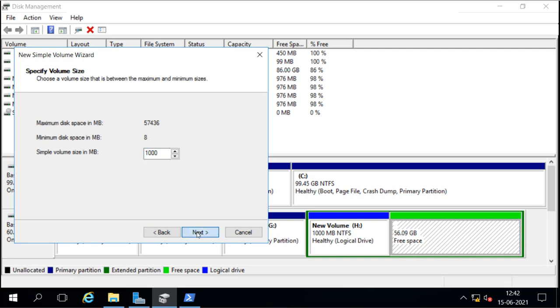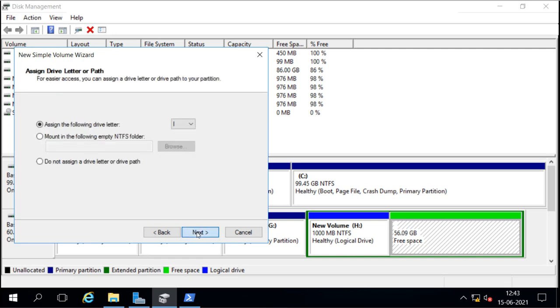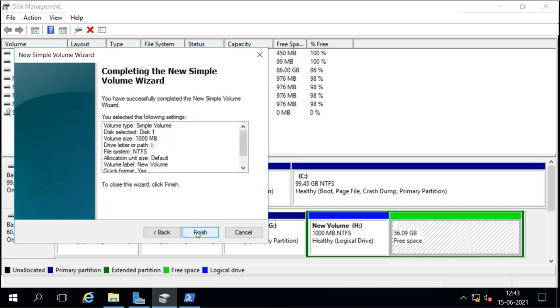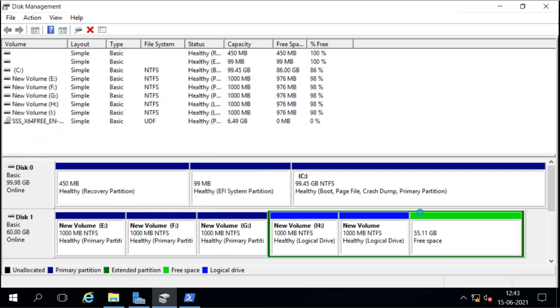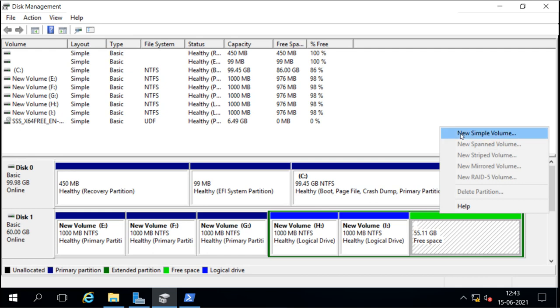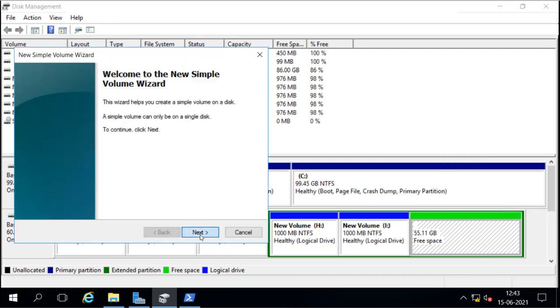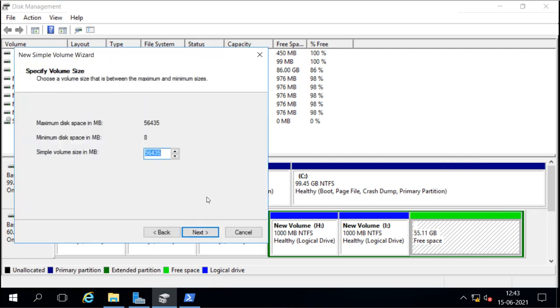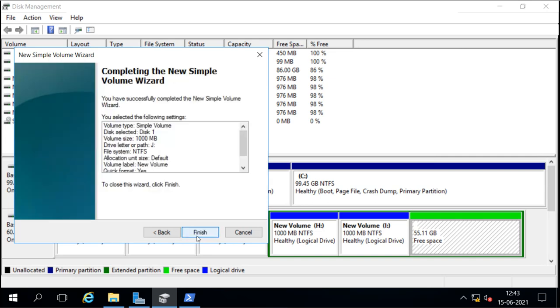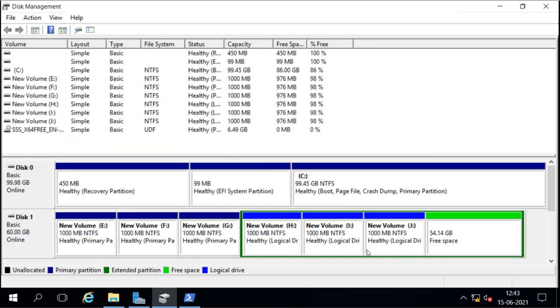So we can create whatever partitions we want, as many as we want. Now it is n numbers of logical drives we can create here. And you can see I've created 1, 2, 3, 4, 5, 6, but 3 are primary and 3 are logical drives.